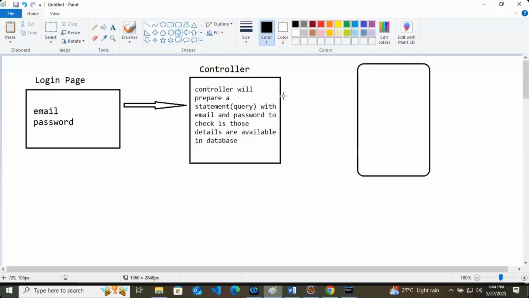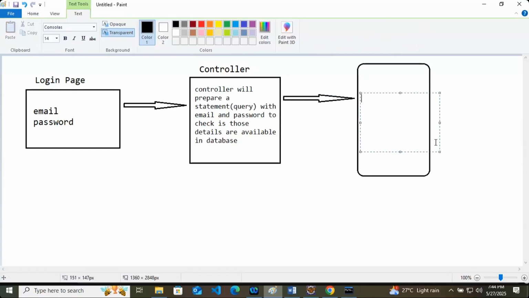That statement will be executed over the database. Here the checking will be done, the details will be checked in the database.